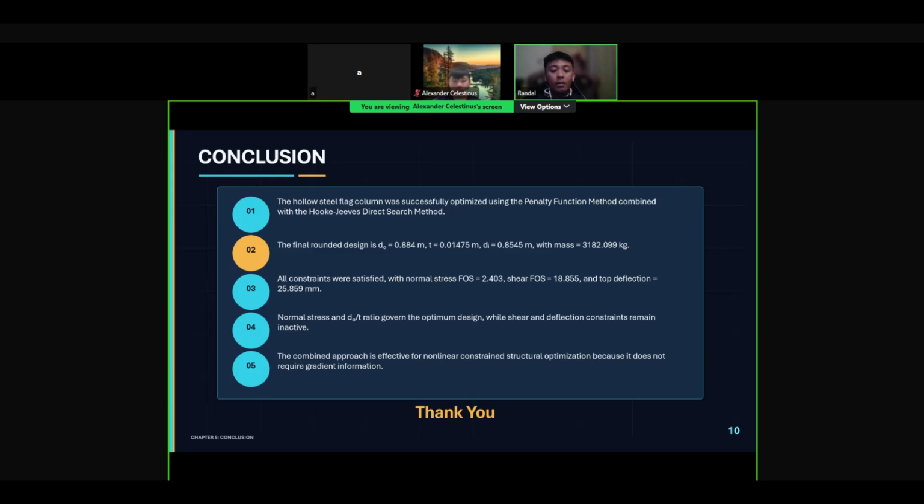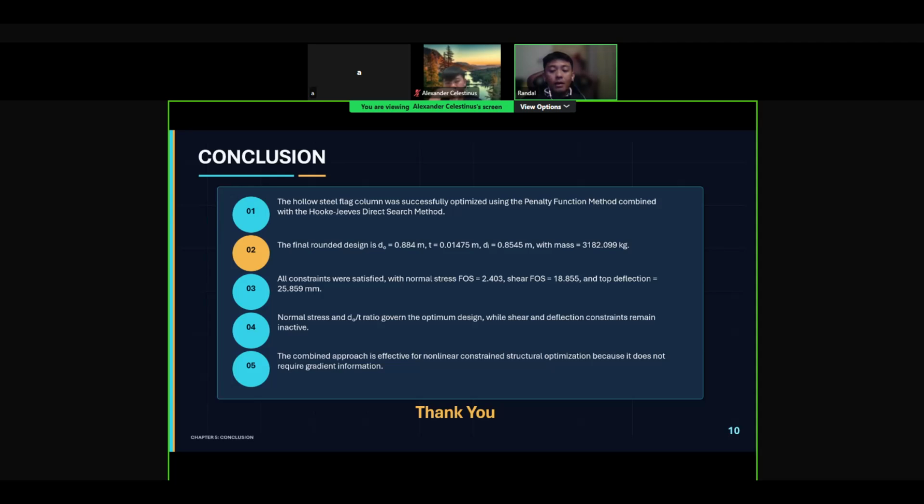for the conclusion, as we can conclude, this project successfully optimized the hollow steel flag column using the combination of the penalty function method and the Hooke-Jeeves method. The main objective of this study was to minimize the mass of the flag column while ensuring that all design constraints were satisfied. The final recommended design has a mass of